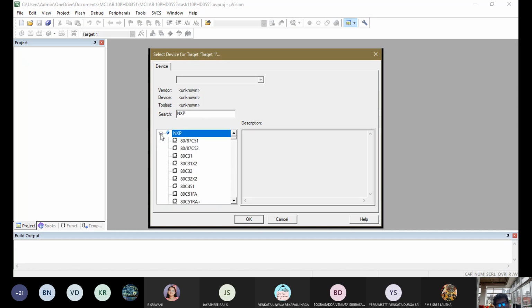The vendor of our laboratory IC is NXP. The IC number is P89C51RD2. Please note down this IC number, or I will give it in caps for your reference.